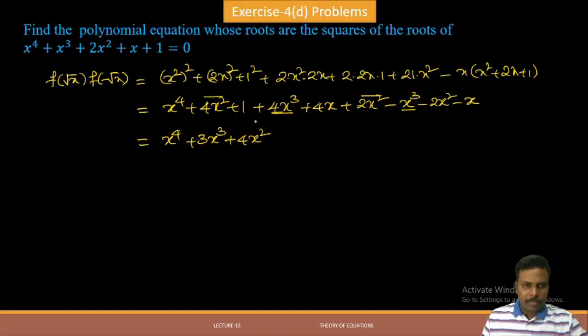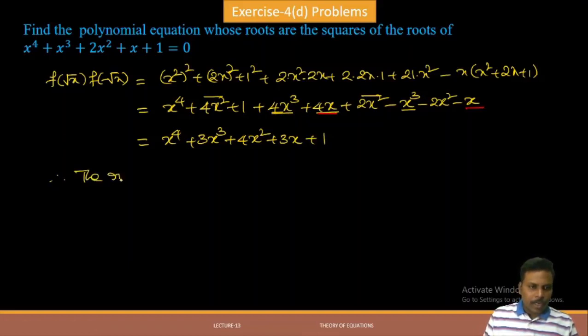Now x term, let us collect. So x term, this is x term, this is one more x term. Yeah, 4x minus x is 3x. Now let us collect the constant terms. You have only one constant term, that is this. So therefore the required transformed equation is